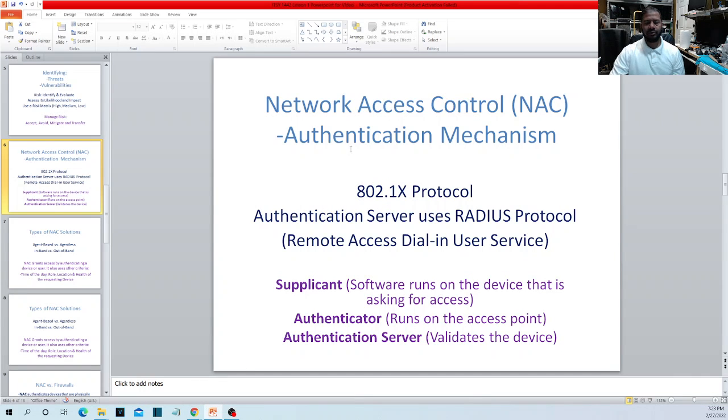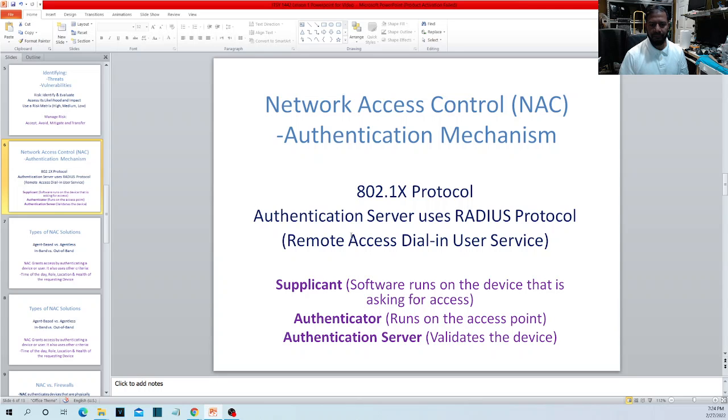So, the authentication mechanism. By the way, this authentication mechanism works when you are physically connecting to the network, either with physical cabling or using Wi-Fi. Either way, you are physically present in that company's network, or around the company's network. In that case, this access control works. The 802.1X protocol is very widely used, like an industry standard for this kind of authentication.